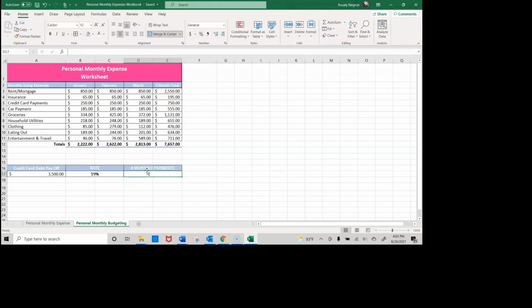So with NPER, you are required to show a rate, the interest rate per period. You need the payment. The payment is required, the payment that is made each period and that is not changing. And then you need to present the value of the lump sum, the total amount the payments are worth,